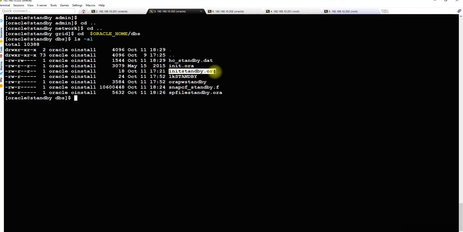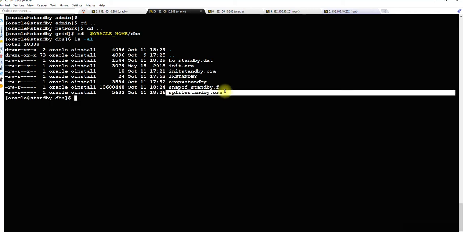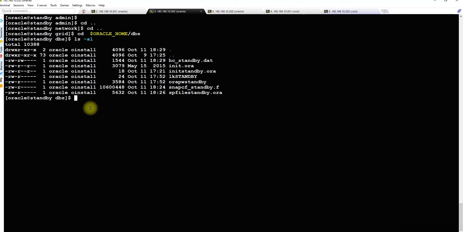This was the initial file we created. It has just one value. We will be overwriting it using create pfile from spfile, and it will automatically overwrite it with the values currently in memory. What I'm talking about is this file. We will move it to a backup, so that while starting up, the database should not identify the spfile, otherwise it will keep looking into the dbs location. So I will show you what I'm trying to say.